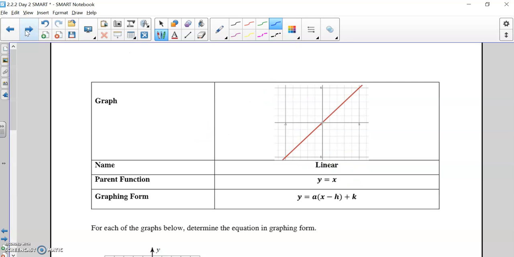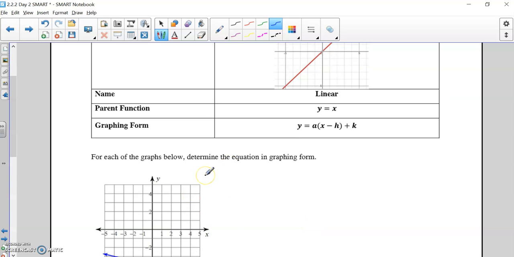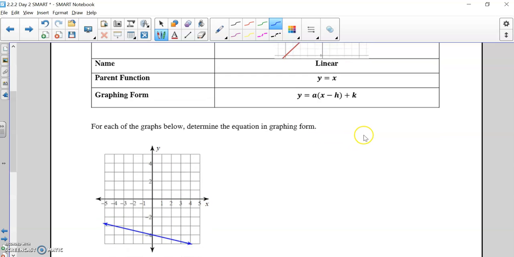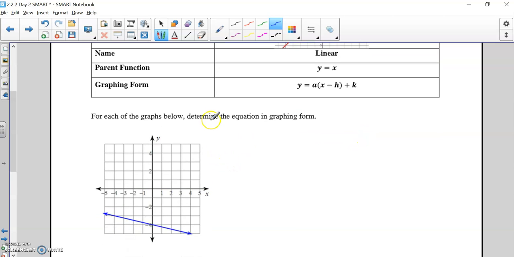All right, so the thing that we want to focus on for today's lesson then is how to write the equation of a linear graph given the graph itself. Okay, so recall that the parent function looks like this, y equals x, and then this right here is the graphing form. So when it comes to writing the equation based on a graph, we have to look at the